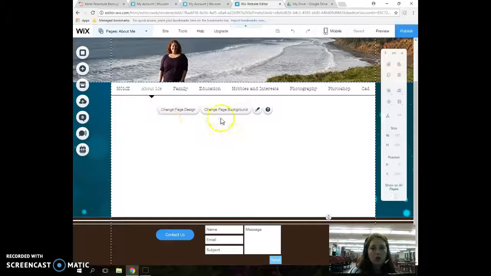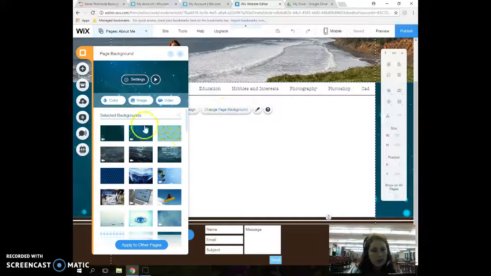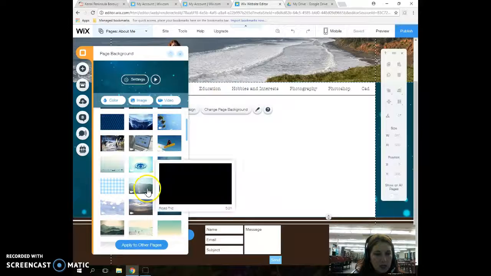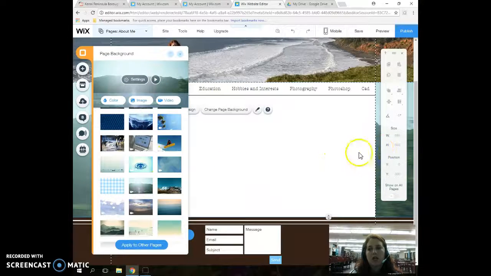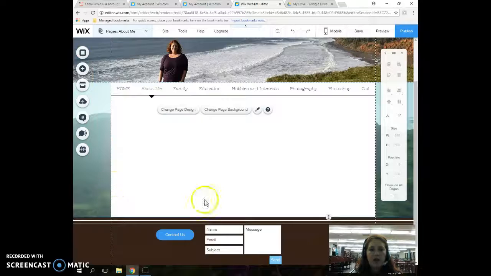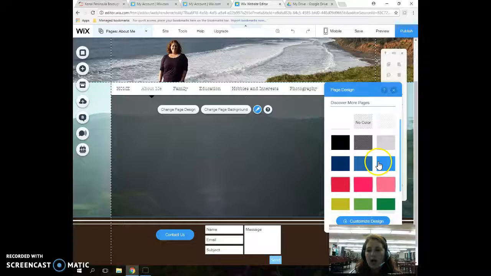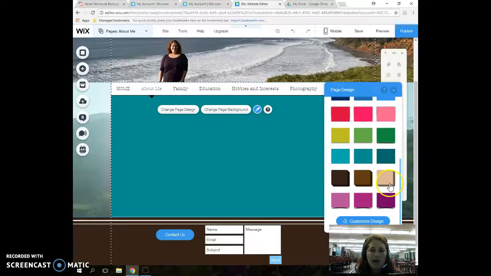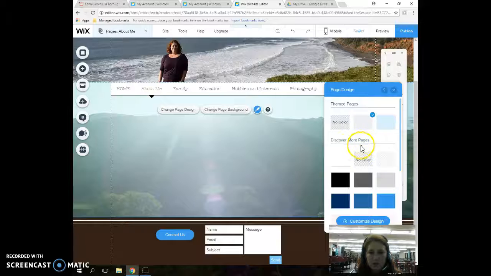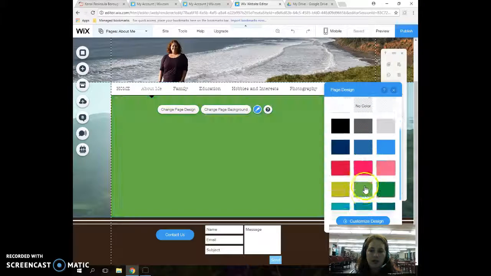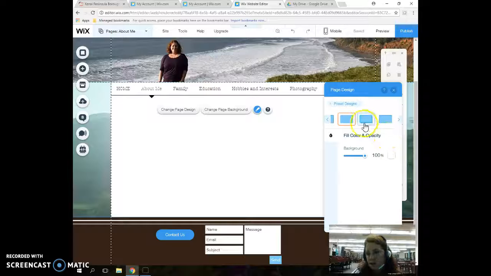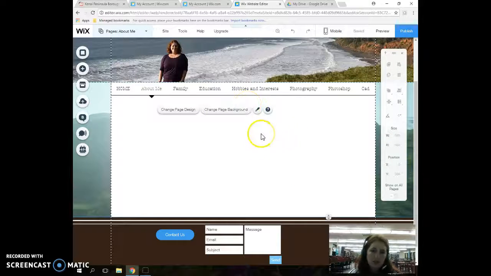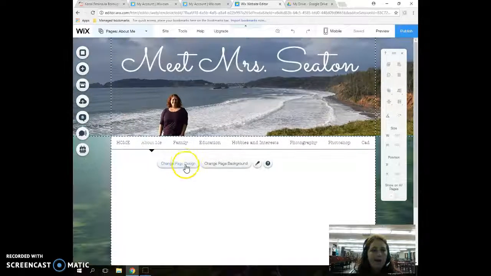So many things. So you can change page background, and there's all sorts of images. You can choose some, like this one, changes the background. And the background of the page is, again, out here. To change your page design in here, you click Change Page Design. And that's where you can add all different colors. You can discover more pages. You can add different themes. You can customize your design. You can put different pictures in there. All sorts of things in here. And so that's your page. This is your background. Almost everything you need is right here